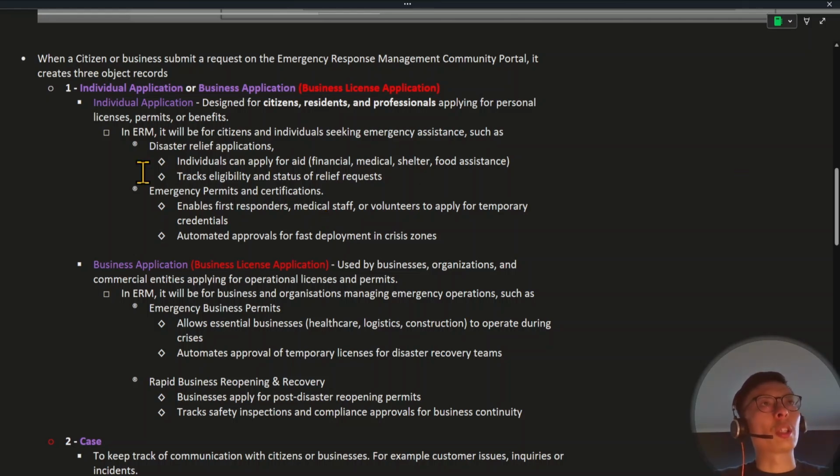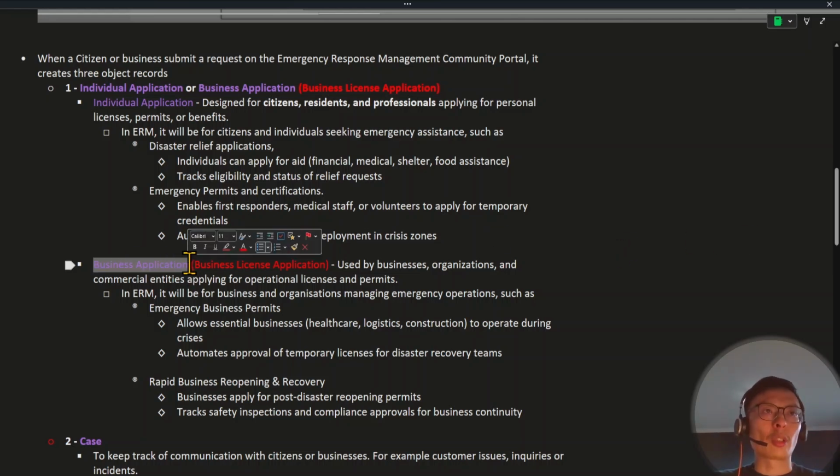So we can use the individual application object to track eligibility and status of the relief requests or emergency requests. There is also out-of-the-box functionality for automated approvals, and this is critical in crisis zones where it requires fast deployment of resources or emergency permits and